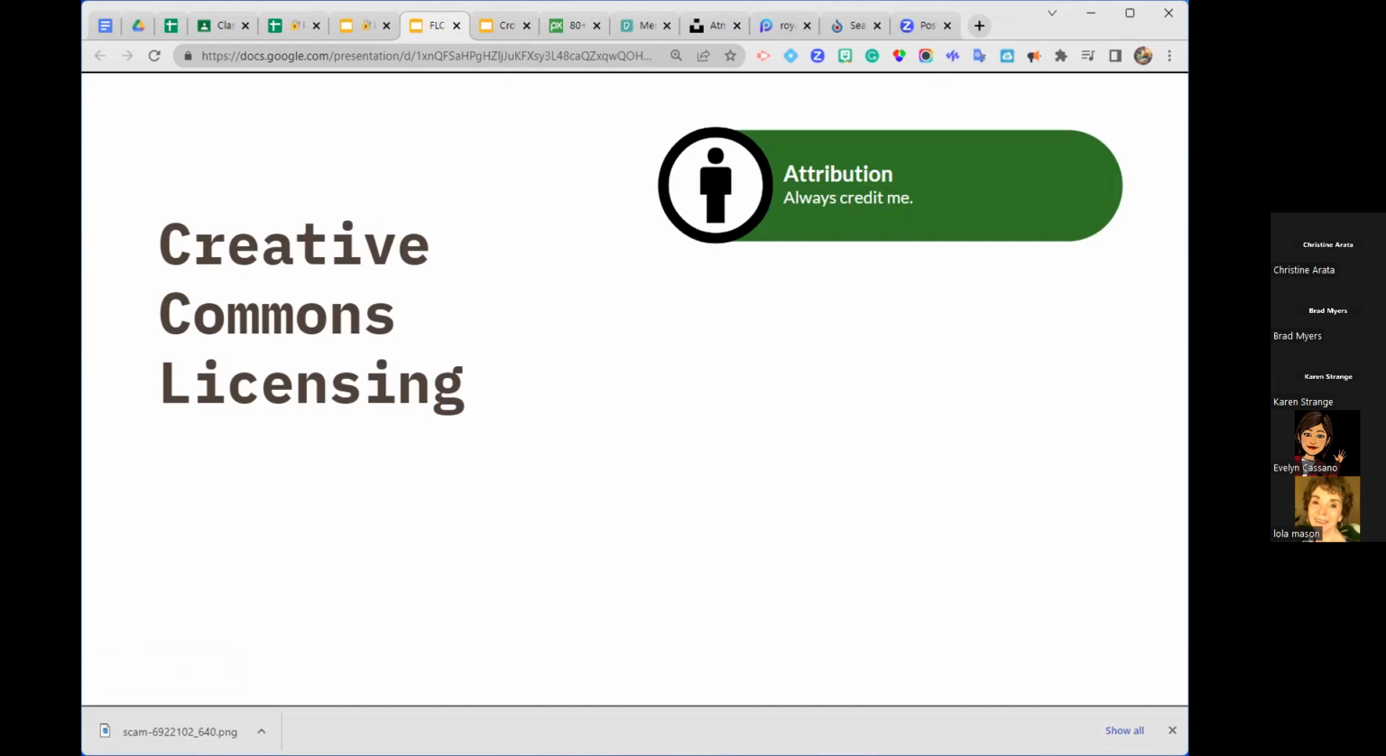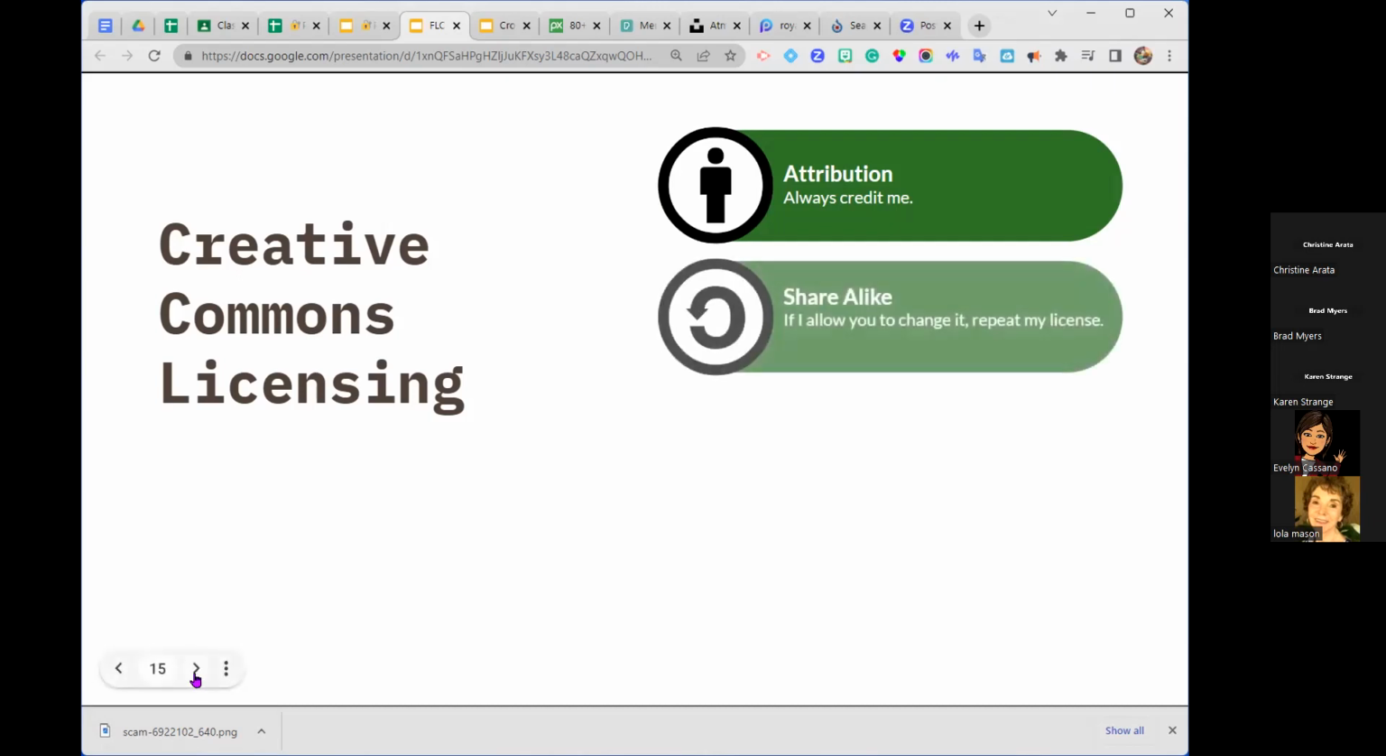The second icon is share alike. I think that's the next one we have here. And share alike just means you are free to use this as you wish. Just repeat whatever license I applied to the original work. And that is important, particularly when we get into the next 2 licenses. The first one being